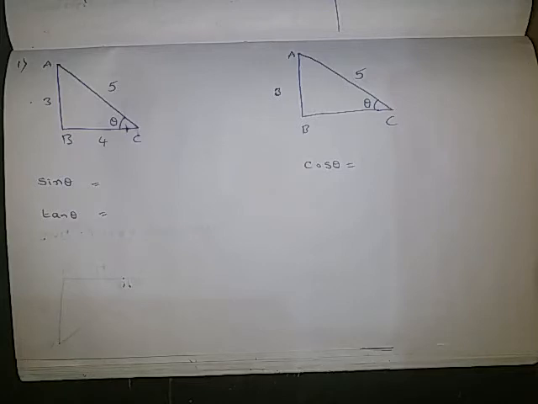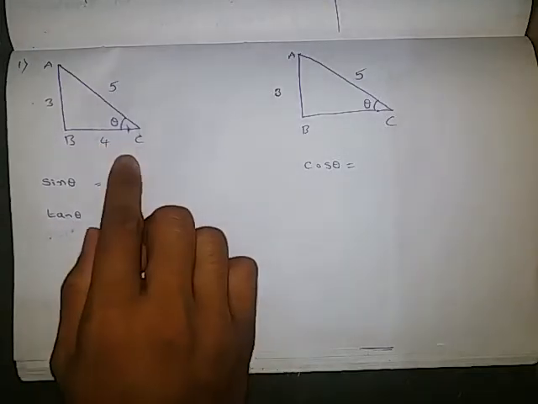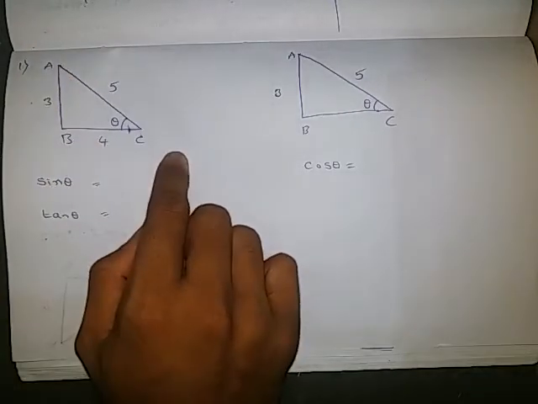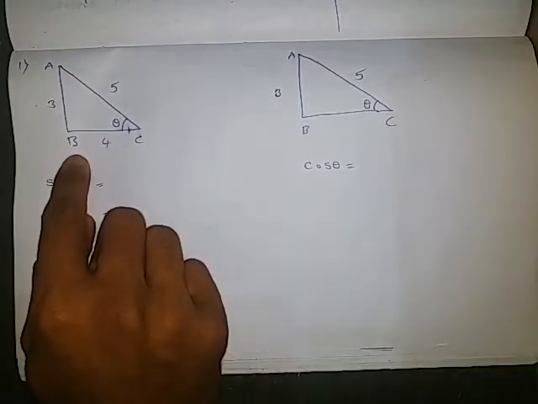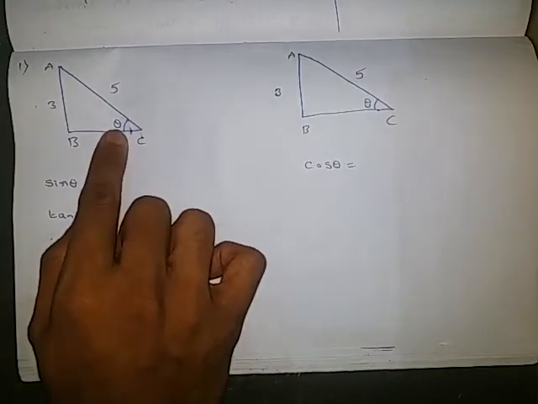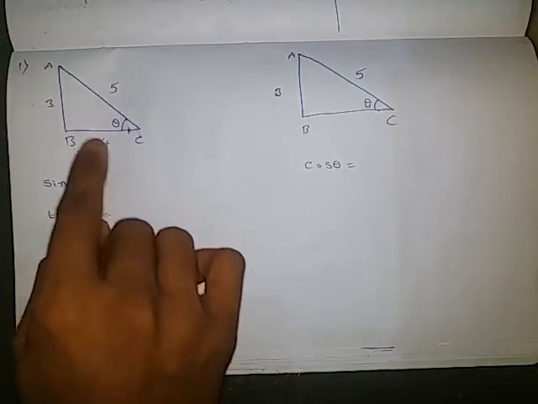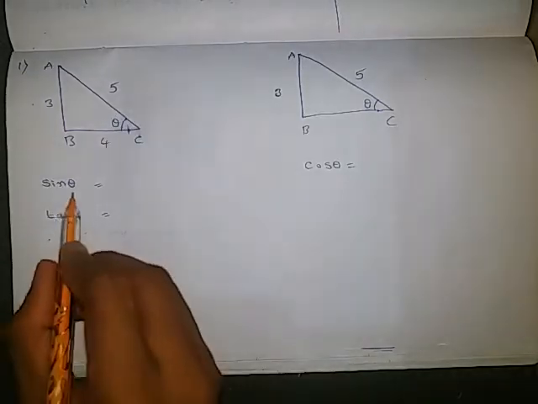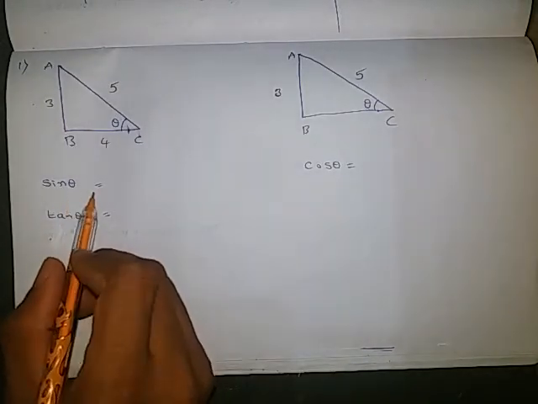Okay. From trigonometry, the first type of question they will ask is, he will give one triangle and he will give all the measurements of sides. Then he will ask you to find the different trigonometric ratios. So let's have a look at this question. ABC triangle where B is right angle and near the C angle theta is there. He gave the sides 3, 4 and 5. Then he is asking to find the sine theta value.